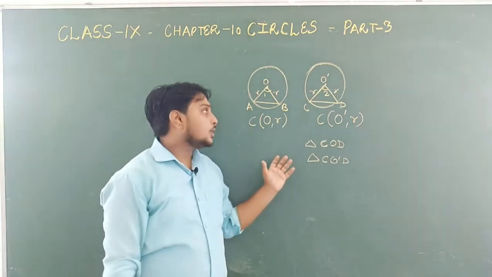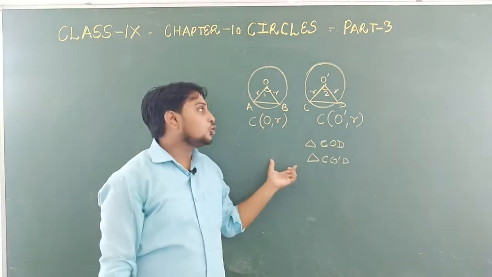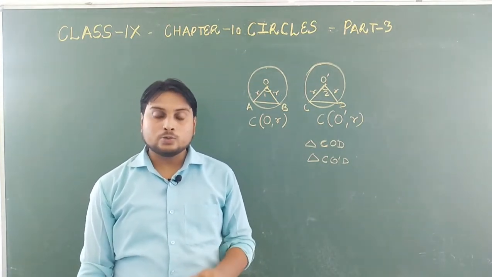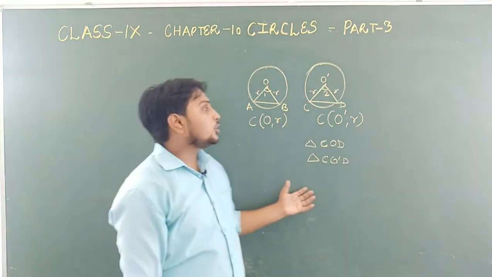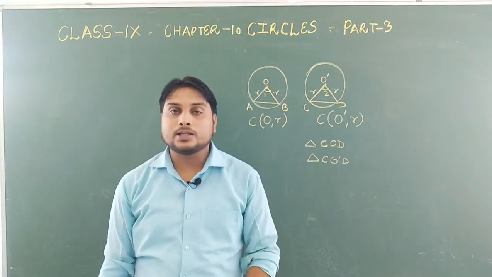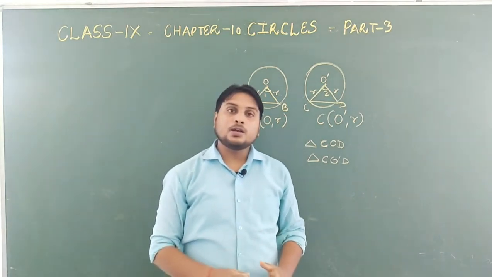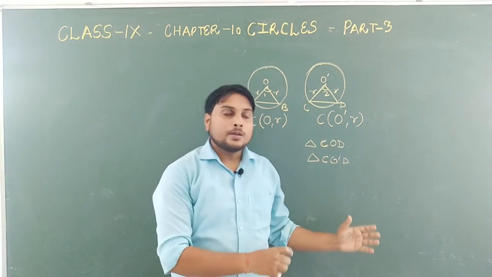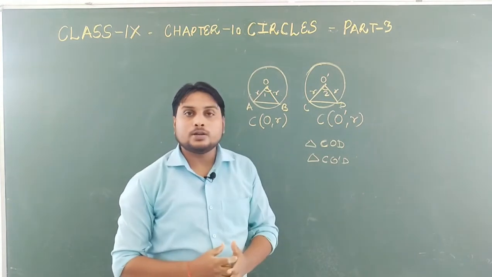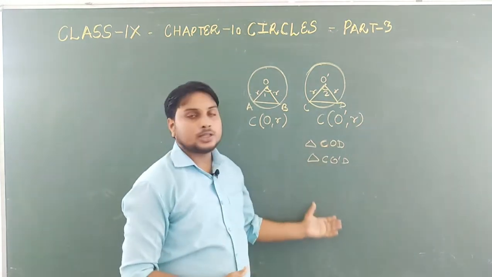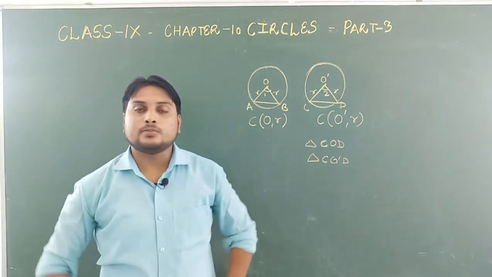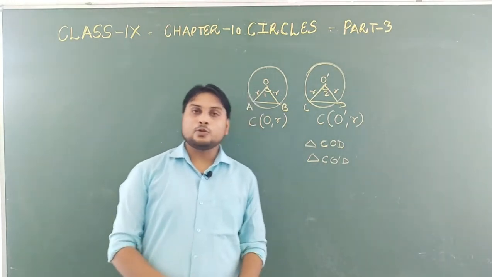This is the question which is given in NCERT exercise 10.2. Two questions are there, and they are just the second form of theorem 1 and theorem 2. The difference is only that there was one circle, but here two circles are there, and both circles are congruent to each other. If they are congruent, then our proof will be the same as we have done in theorem 1 and theorem 2. So you can prove this also.